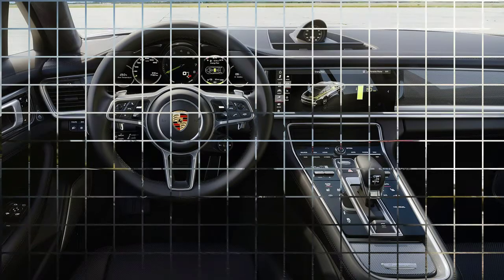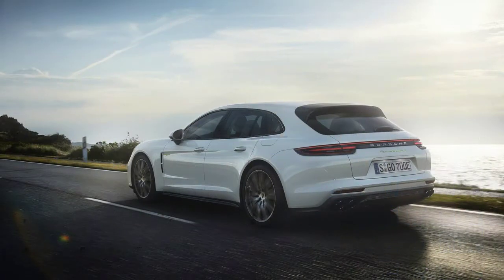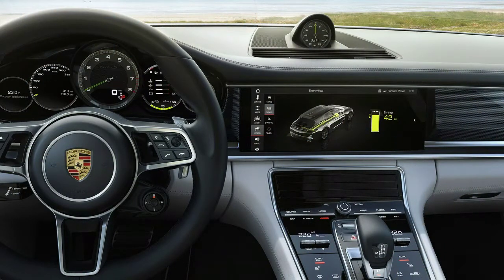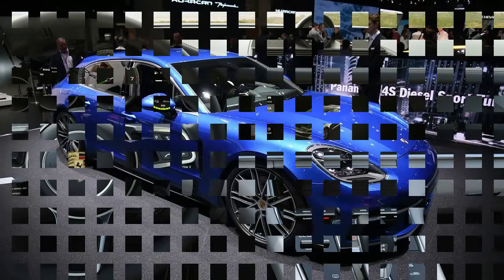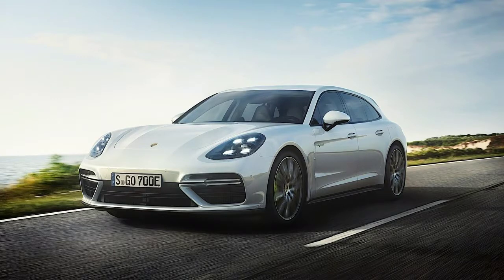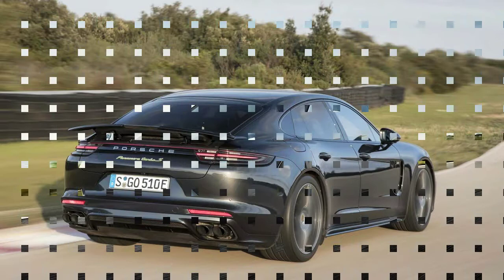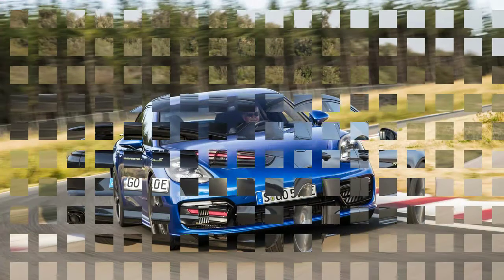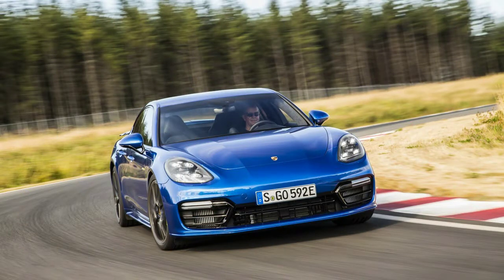What's it like? Eerily, unsettlingly, and yet rather predictably, brilliant, in summary. It just does everything. You want long-legged executive express? The Panamera has you covered, with supreme ride comfort on its 3-chamber air suspension, impeccable refinement and a gorgeous interior. Got a need for speed? So has the Porsche, with 0 to 124 miles per hour, a nice round 200 kilometers per hour, taking less than 12 seconds,